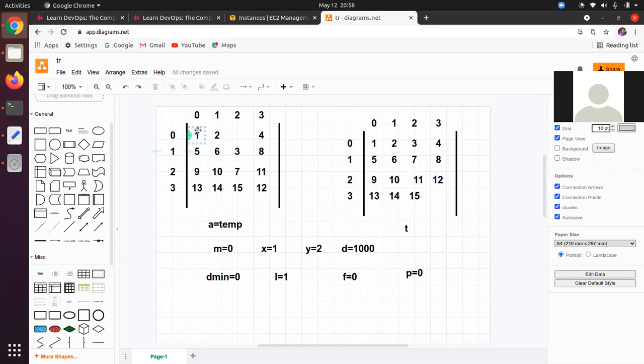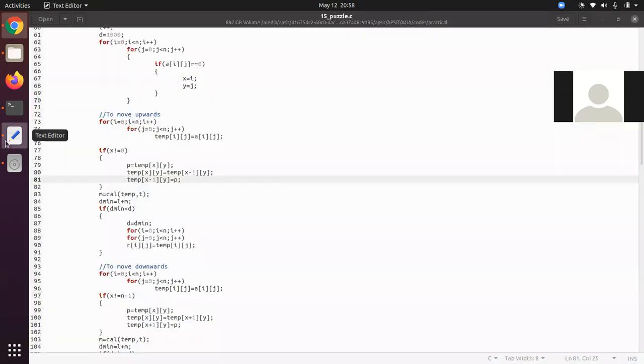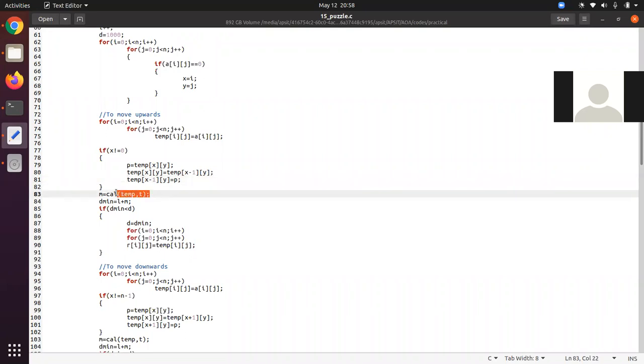Now after doing this, we have to check whether this particular matrix goes closer towards this one or not. If you're observing, we have misplaced this 3. 3 was at a proper place, but we have misplaced it. That means we have brought it to the wrong place. So we will again do the calculation. From here, calculation of temp comma t will be passed.